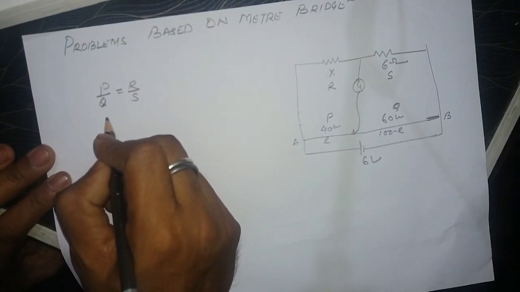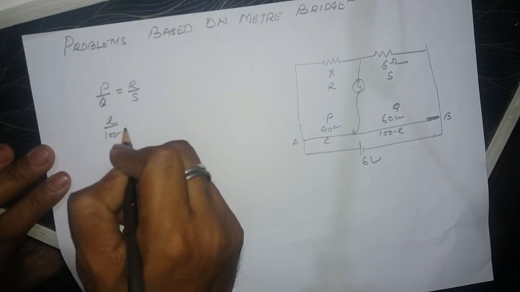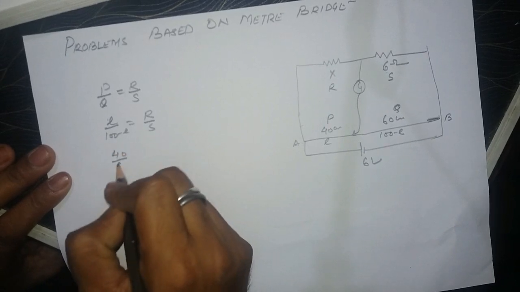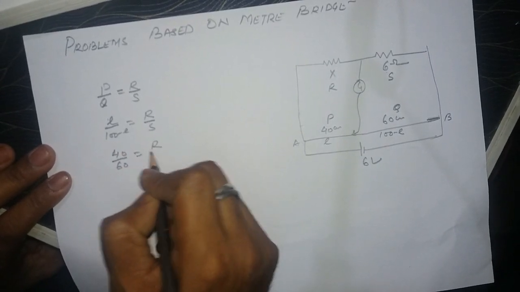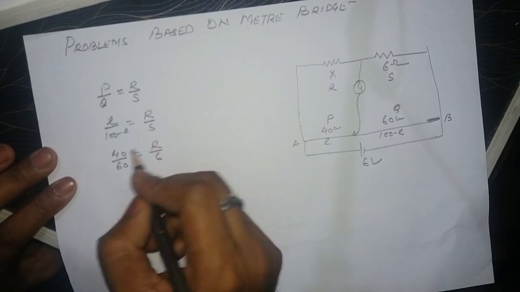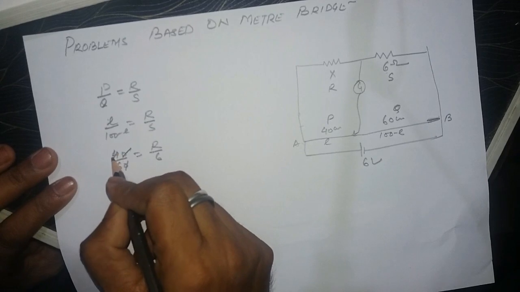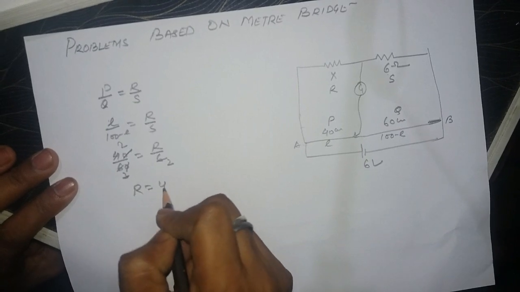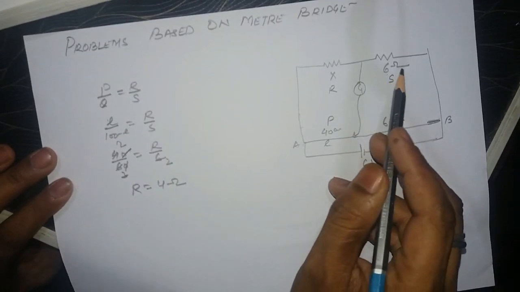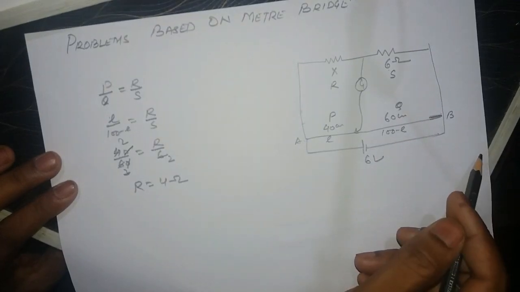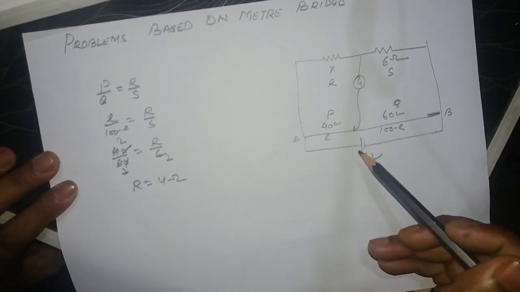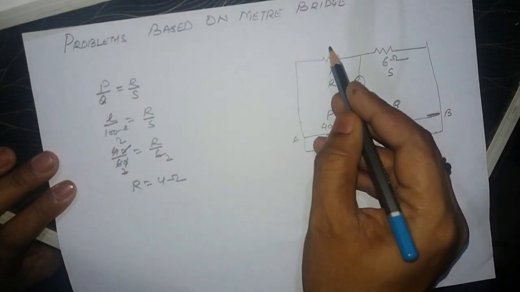So that is L upon 100 minus L equal to R upon S. L is 40, so 40 by 60 equal to R by 6. And this cancels, 2 to the 4, 2 3 the 6, R equal to 4 ohm. First part. Second part is current drawn from the battery of negligible internal resistance. What is the current drawn from the battery? Now this is R equal to 4 ohm,